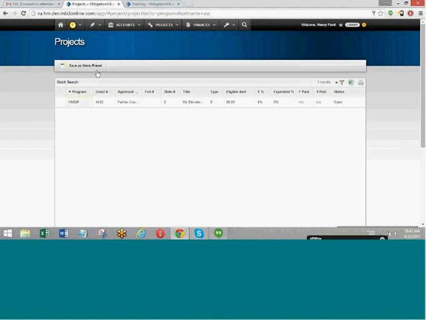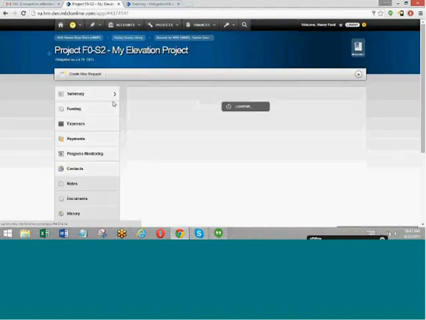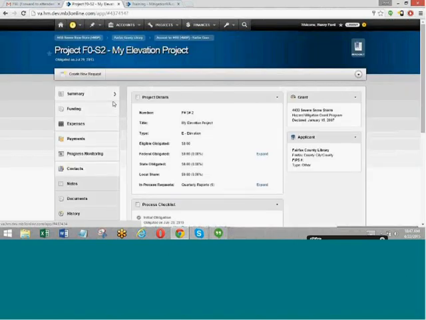Now, I'm just going to jump to this project quickly. I just want to show you what a typical screen looks like in the system. And regardless of the item that you're looking at, the layout is very much the same. So what you'll see at the very top is this colored header. It might be blue, it might be green, it might be a reddish color. It just depends on what you're looking at in the system. It's just a visual aid to let you know where you are in the system. The more you use the system, the more you'll get used to it.